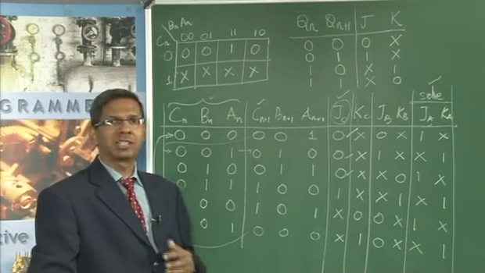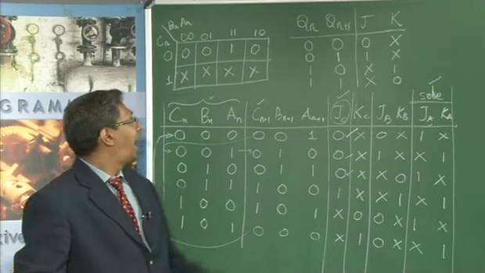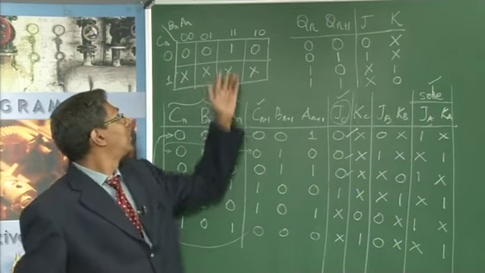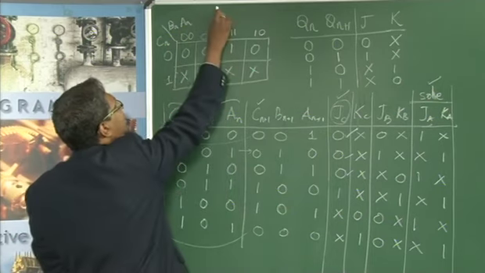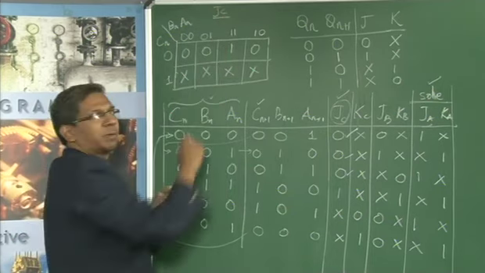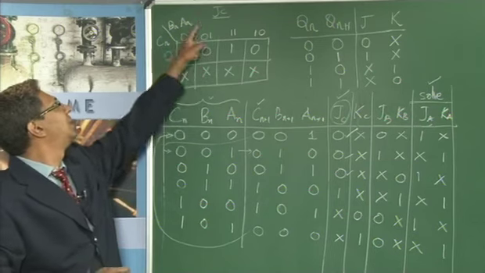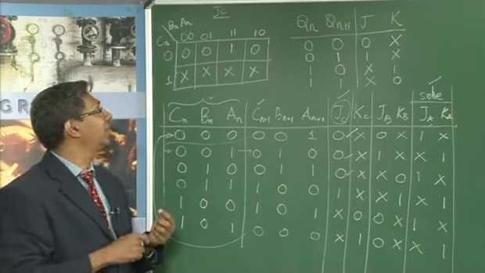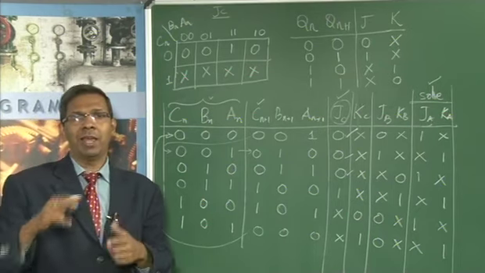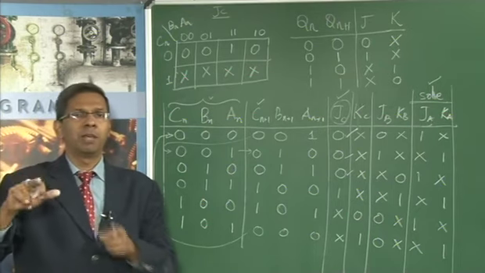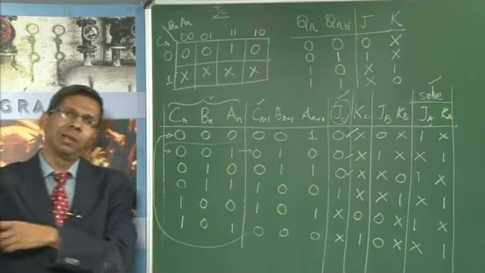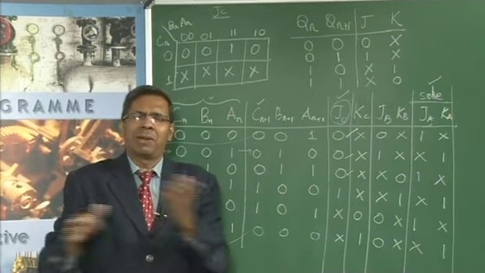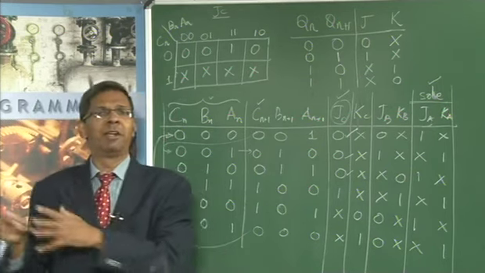So basically what does sum of min terms mean? I can express the solution for JC. Now this is for JC, right? I can express JC as sum of min terms made up of C, B and A. For example, JC is equal to CBA ORed with C bar AB ORed with C bar A bar B bar, whatever it could be. So that's called sum of min terms.